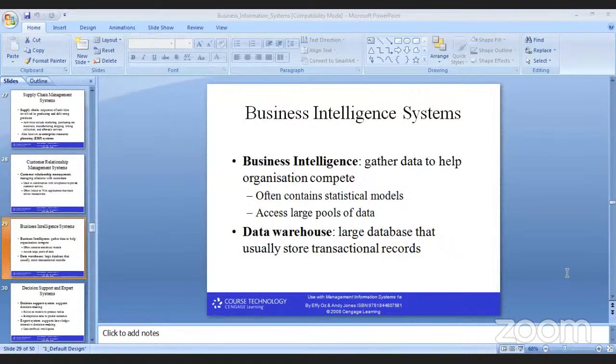The business intelligence system, that's the BIS, uses statistical models. Those are called hypotheses. The hypothesis will be analyzed mathematically. Then if the success